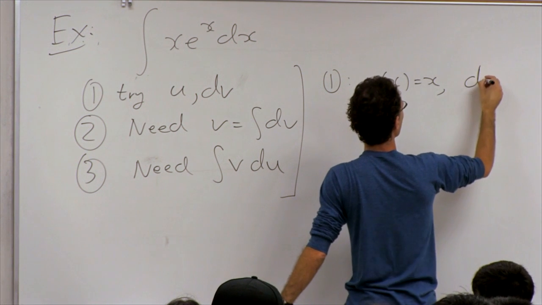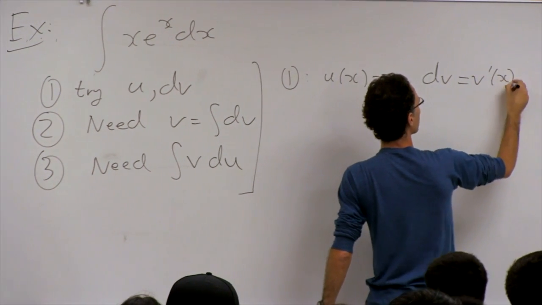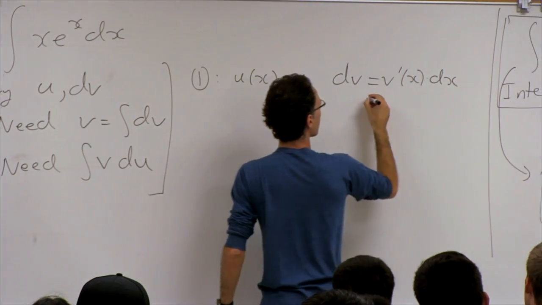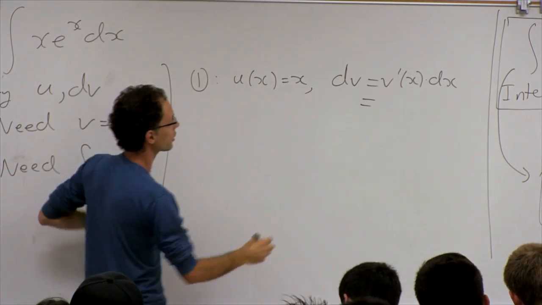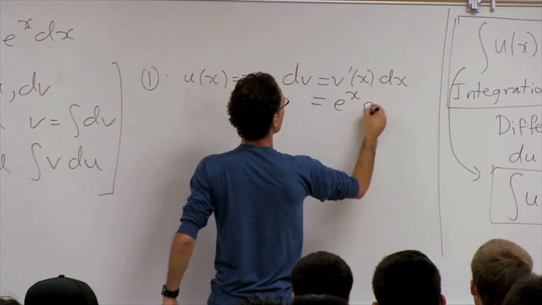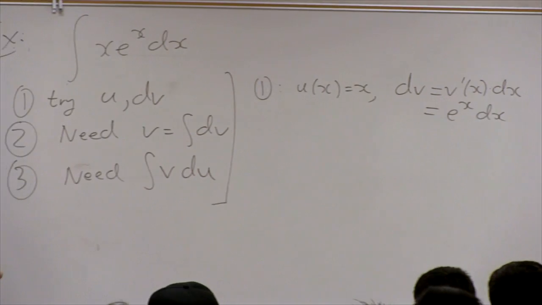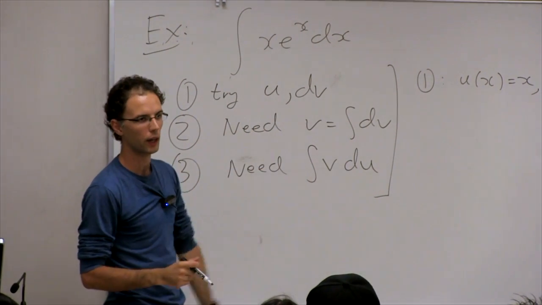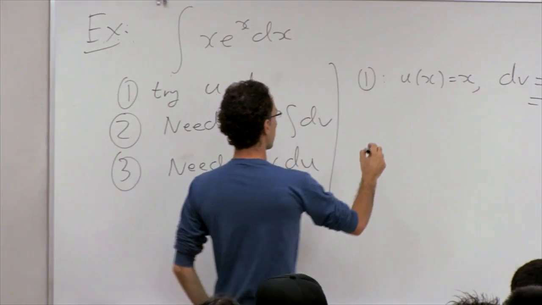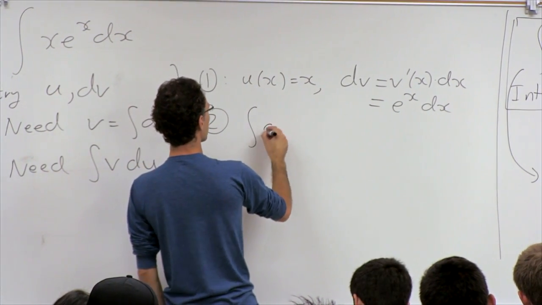And dv, which remember is v prime of x times dx, I'm going to let this be the remainder of the integrand. That will be e to the x times dx. Okay, so this is our first choice. And once we have this choice, we're now going to try and compute all the quantities on the right-hand side of the formula. So in particular, we would integrate dv,